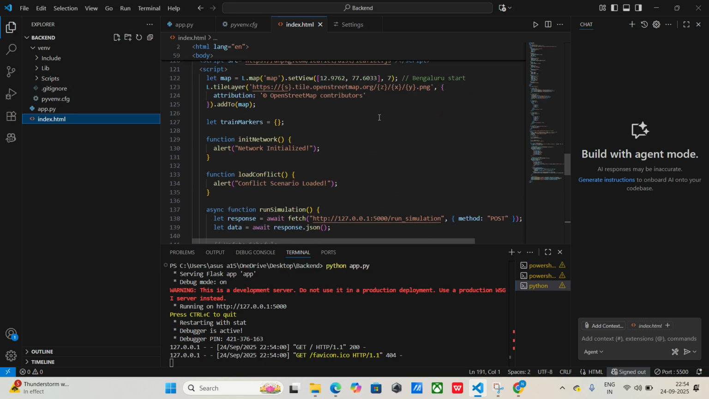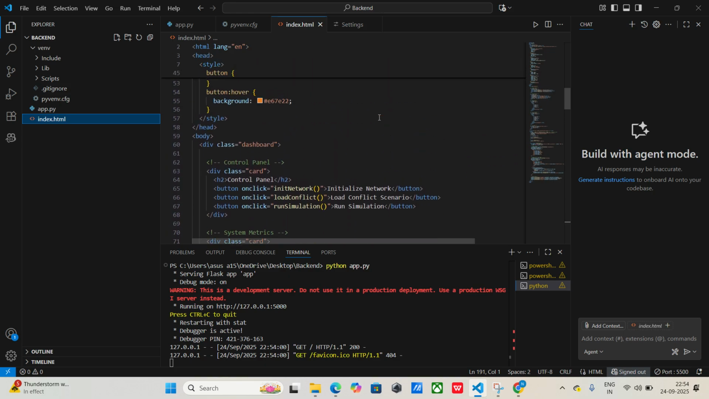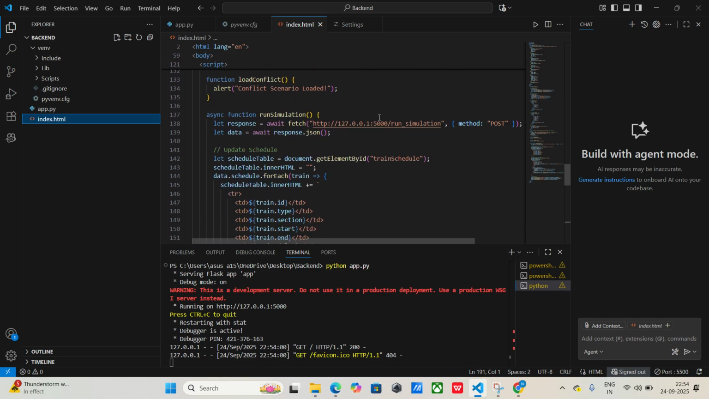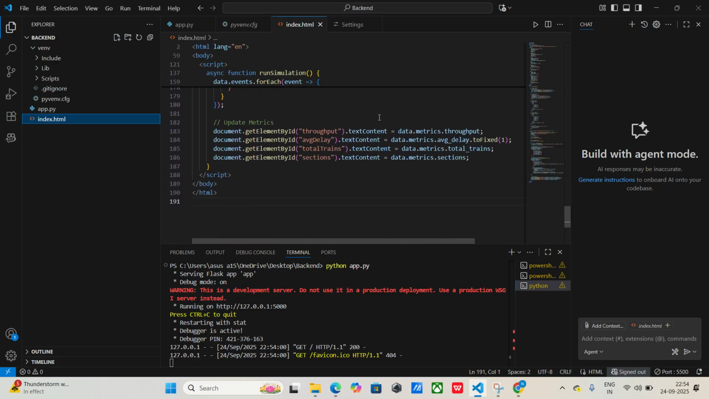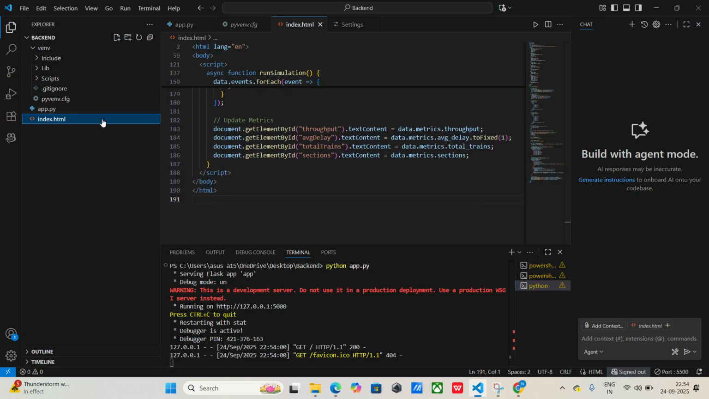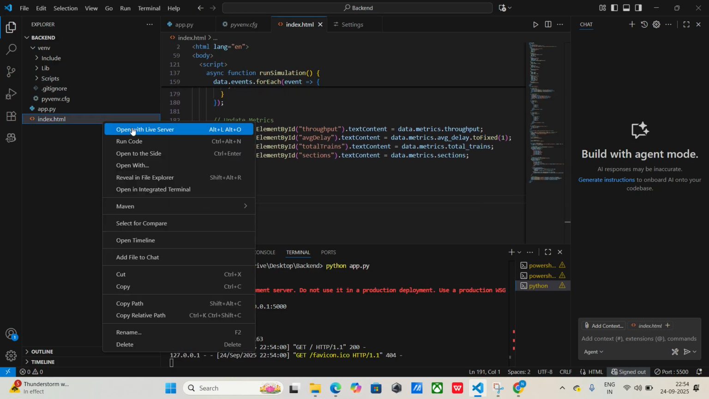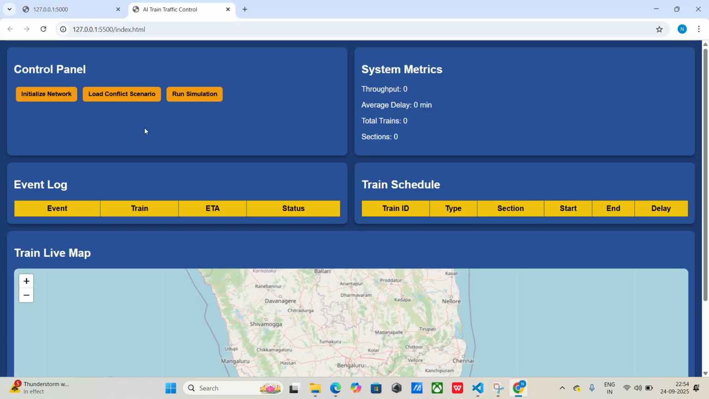For the frontend, we used HTML, CSS and JavaScript, and we combined them in one file named index.html. Let me show you the output. This entire framework is made with Flask, and these are dashboards like control panel, system metrics, event log, update schedules, update details, and train schedule with start time, end time,